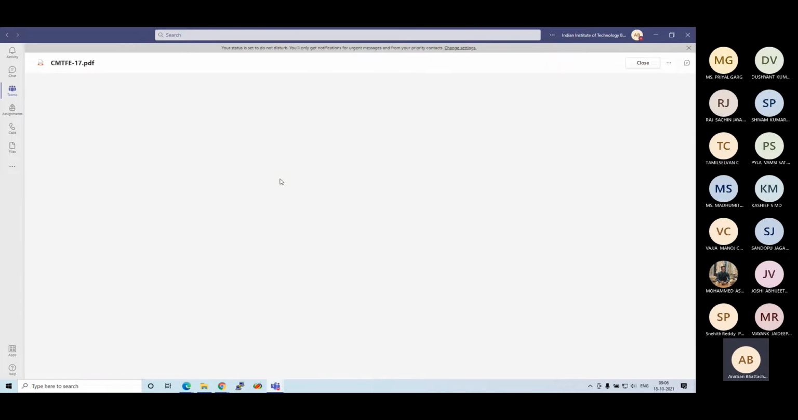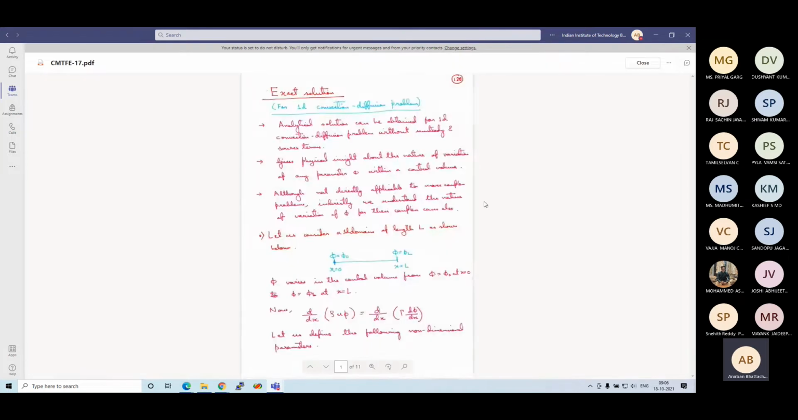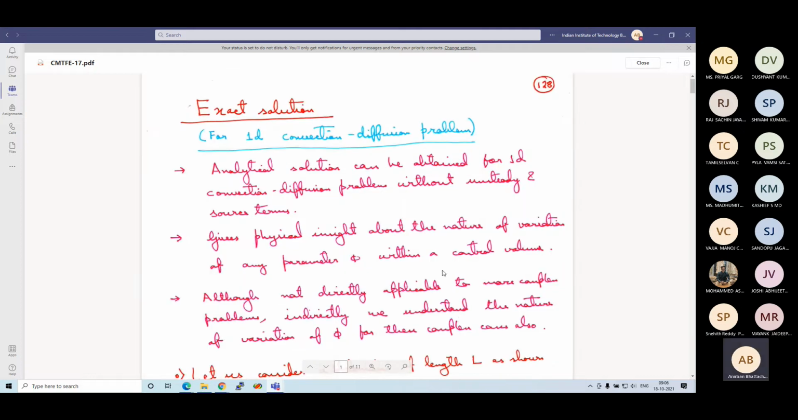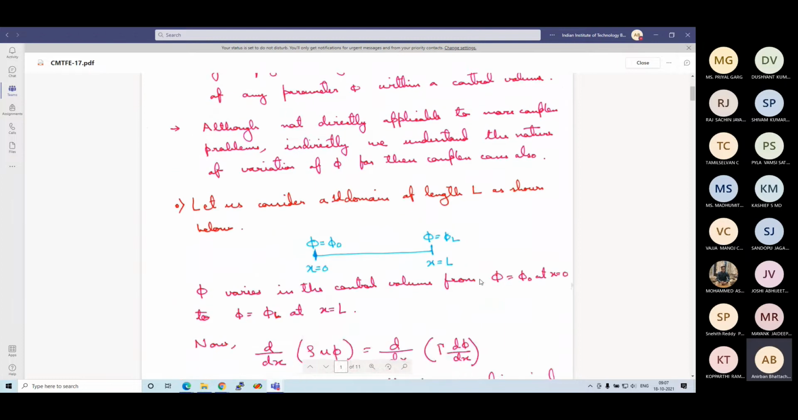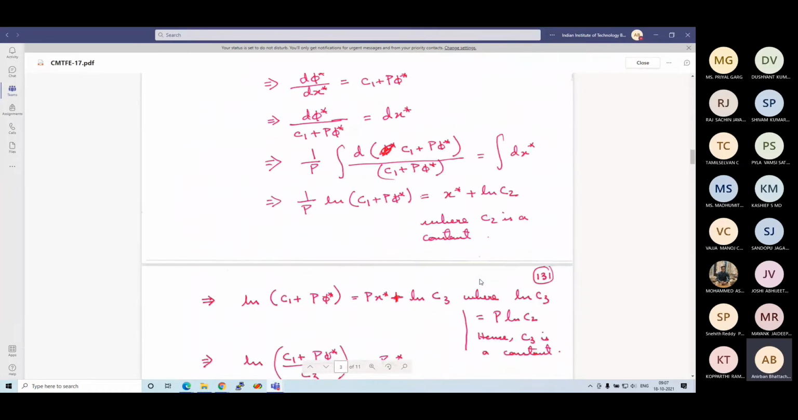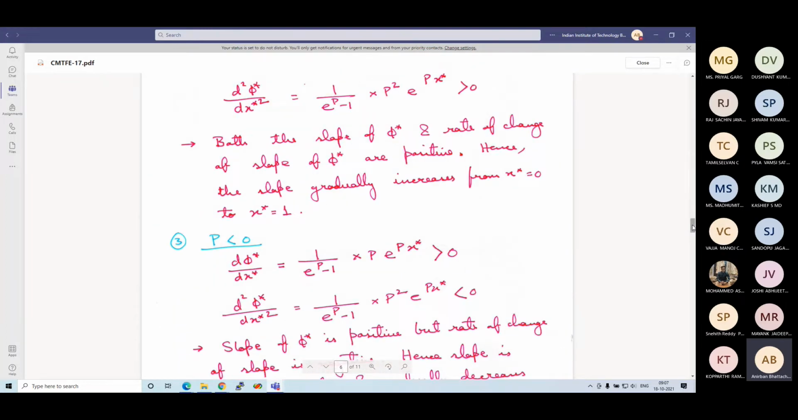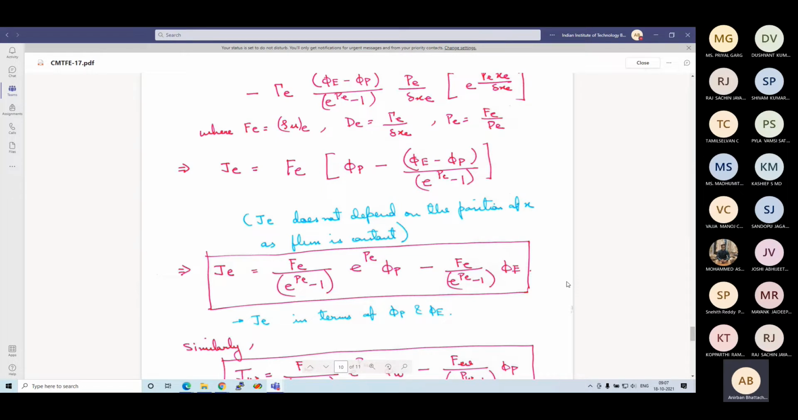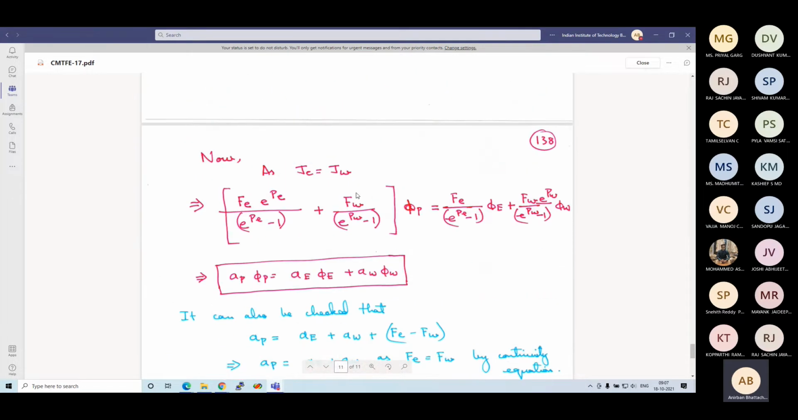And then we studied the third scheme, which is known as the exponential scheme. The exponential scheme was based on the exact solution. We found that the exact solution for the 1D convection diffusion problem without source term and unsteady term is given by an exponential curve. Based on that, we formulated a scheme which is known as the exponential scheme. The term looks complicated, but the idea was that it will mimic the